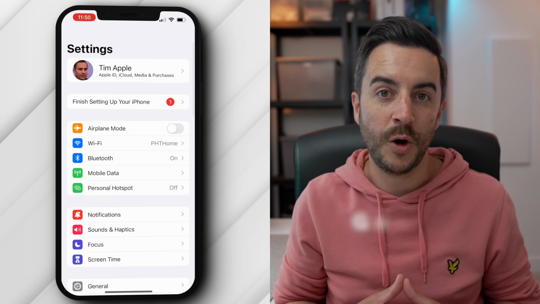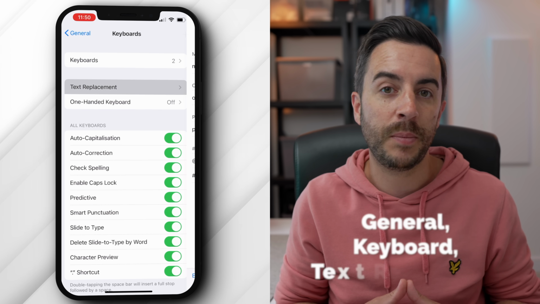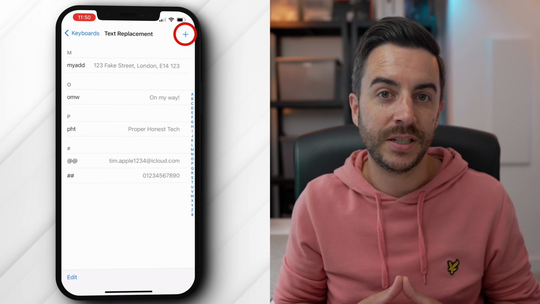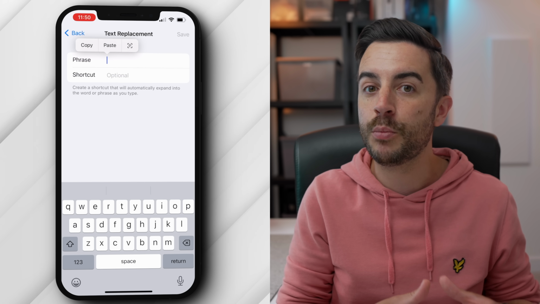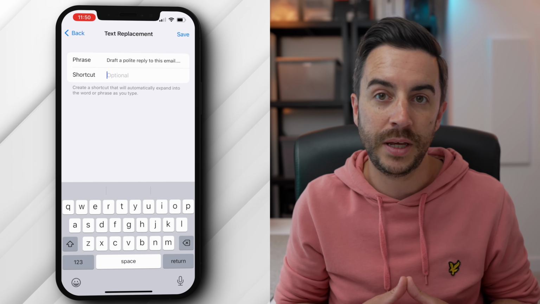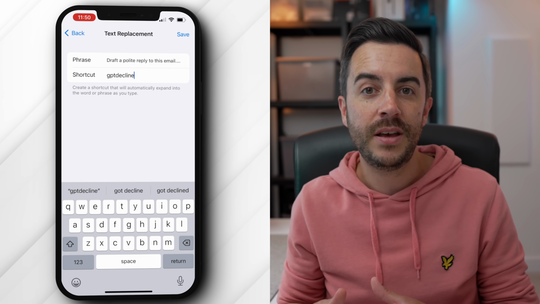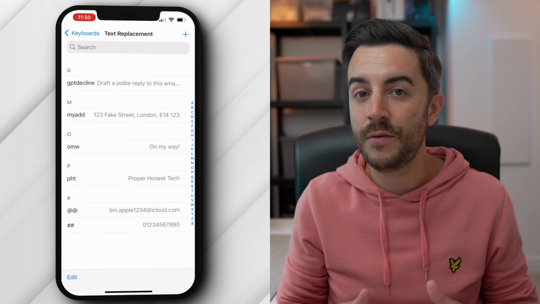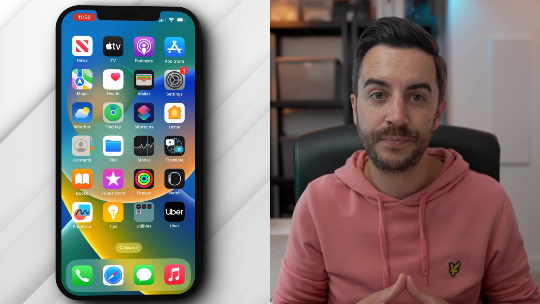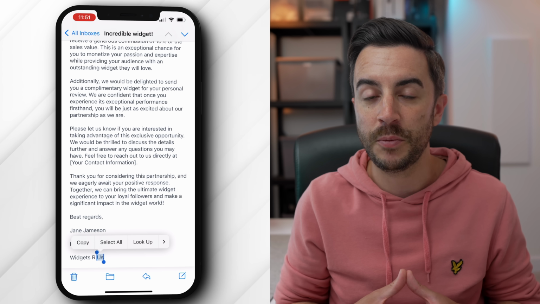I'm then going to open Settings and go to General, then Keyboards and choose Text Replacement. I'll tap the plus button to create a new text replacement, and in the phrase box, I'm going to paste the prompt that we just created and copied. In Shortcuts, I'm going to input GPT decline. So in other words, whenever I type that exact phrase in, it will swap it out for the prompt that I just created. I'll then bounce back to the email and select all to select the text from the email,